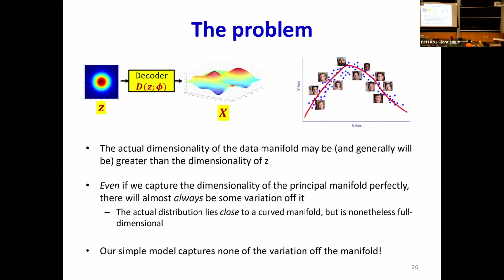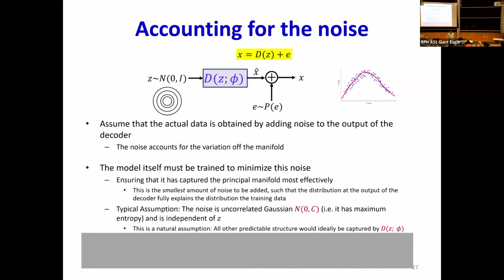the faces are not going to lie exactly on the manifold. They're going to be a bit of a fuzz around it because, if you take a picture of a photograph of a person, there's a lot out there that's not all face, right? I mean, you're going to have small variations. And so our simple model doesn't capture any of this variation off the manifold, which could be because A, you got the dimensionality wrong, B, the data are just varied, right? So how do you capture it? We're going to assume I need to account for the off-manifold variation. I have the data.